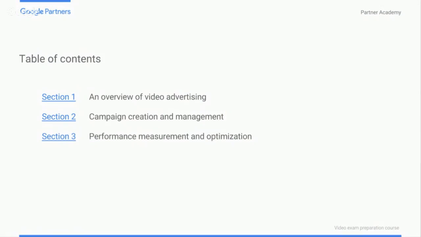Today we're going to be talking about a few things here, everything you need to know about video, starting off with really an overview of the video advertising landscape. We'll talk about the different ad formats that you have available to you. We'll also talk about how to actually create those campaigns and manage them. And then lastly, we'll talk about performance measurement and optimization to make sure that you're driving long-term success for your